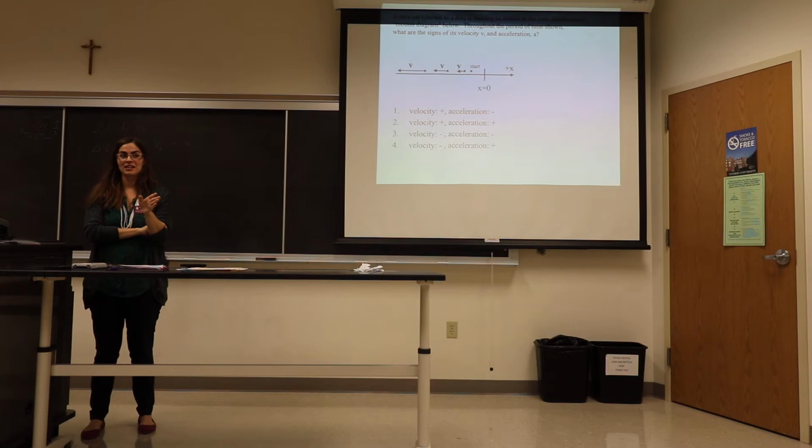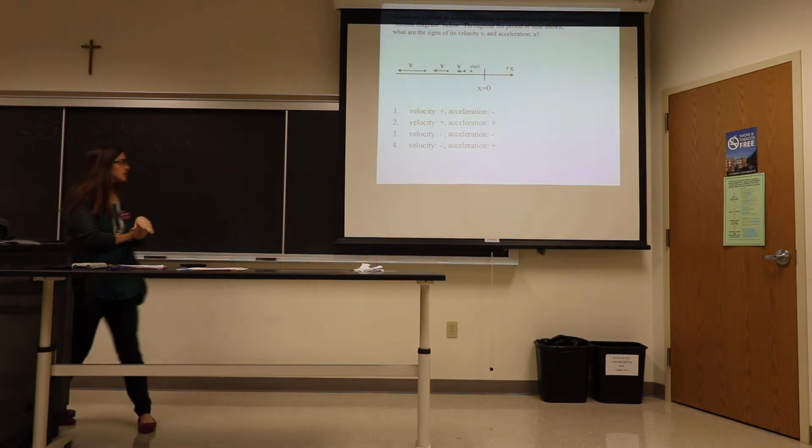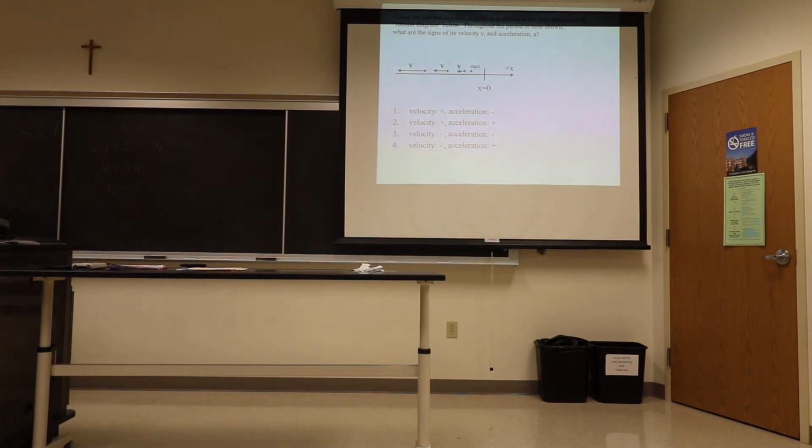Velocity is negative. Velocity is pointed at negative x. So how do you know if acceleration is positive or negative? Because you're going in the negative direction, but then you're speeding up in the negative direction. I would encourage you to think about these equations. I know it's like, oh, I should just be able to guess, but sometimes positive and negative gets weird. So I would ask you to go back to your equations on this and think about, okay, so velocity is